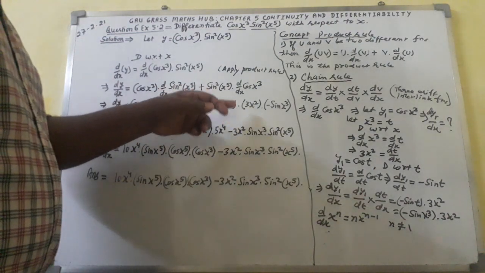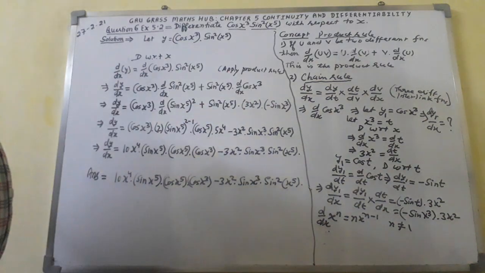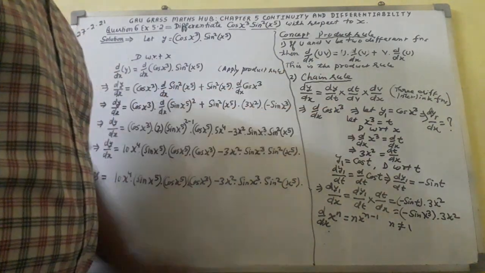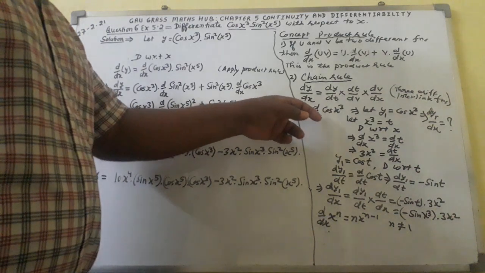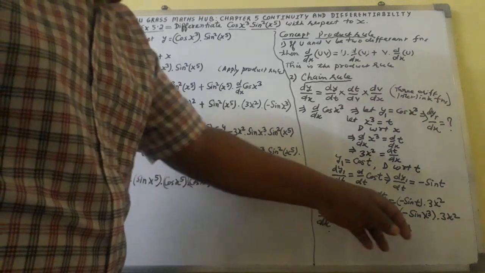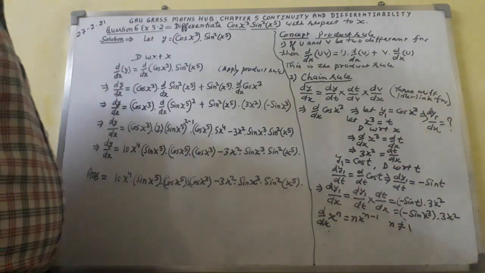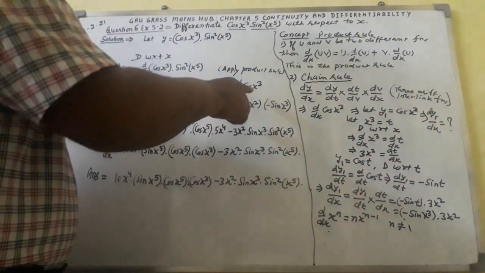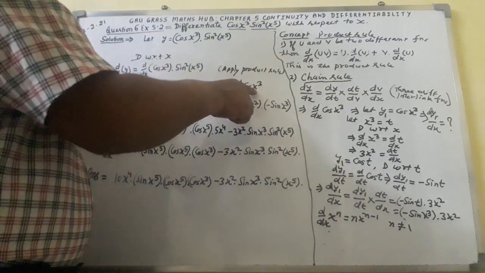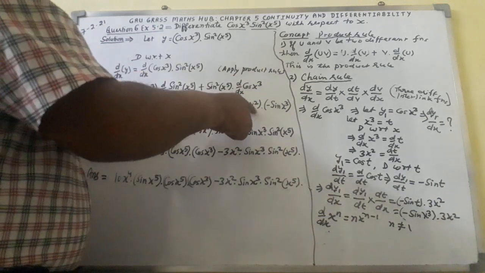Then sin square x raised to power 5 dot d over dx cos x raised to power 3, which I have explained through the chain rule. The result of d over dx cos x raised to power 3, I have produced the final result. Here you can see minus sin x raised to power 3 dot 3x square. The core function here is x raised to power 3. X raised to power 3 will be differentiated with respect to x, and you will get 3x square.